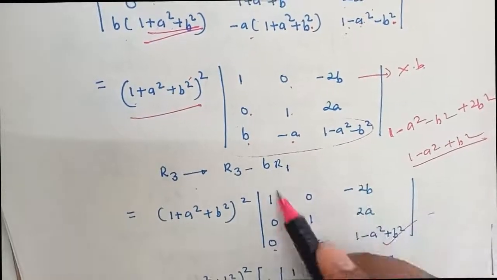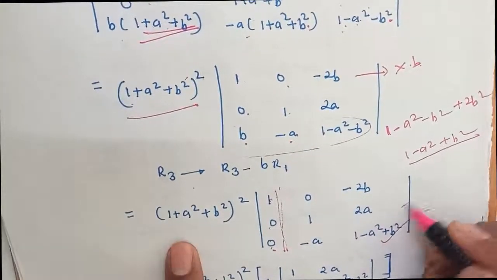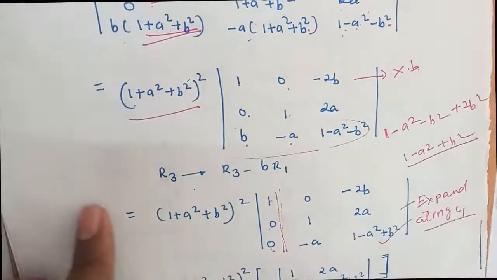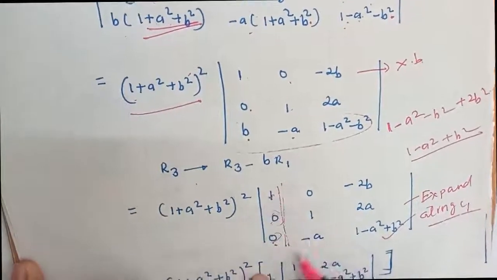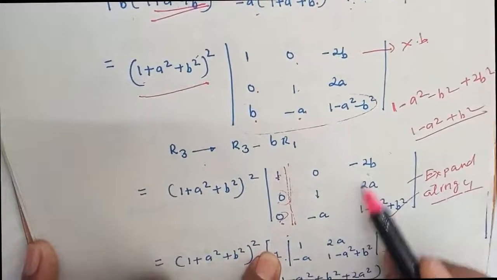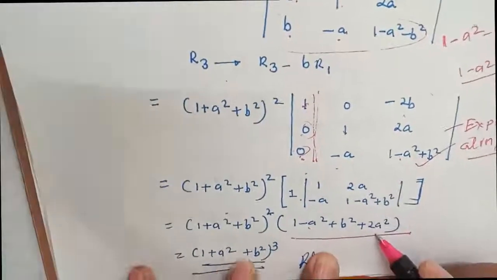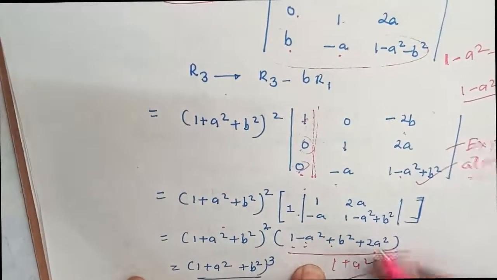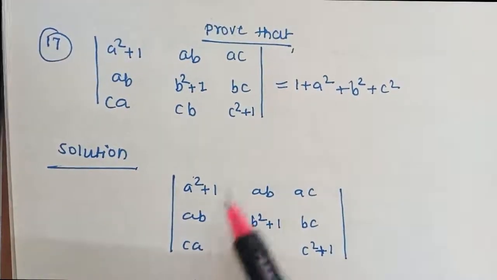Now this is the simplest determinant because the column I got has 1 0 0, so I have to expand along C1. If I expand along C1, then this will come as it is. These are 0 0, so only this we need to write down. 1 into bracket of, leave this column, leave this row, this into this, and 2a into minus a. That's what I have done here. I will get this one. Now minus a square plus 2a square will become a square. This is 1 b square. So 1 plus a square plus b square I will get here after expansion. This into square will become 1 plus a square plus b square bracket cube, and this is the answer we require. Next sum, again it's a property of determinants.